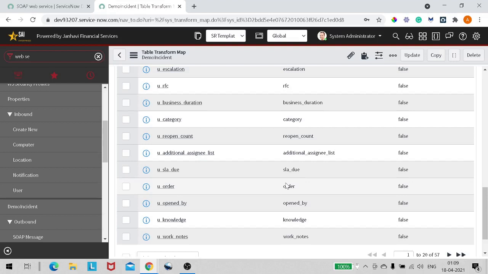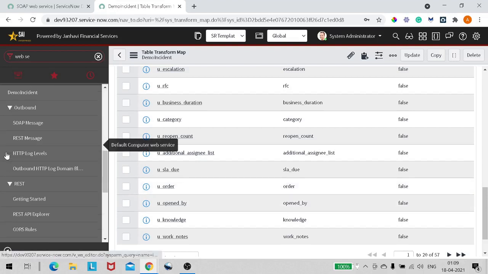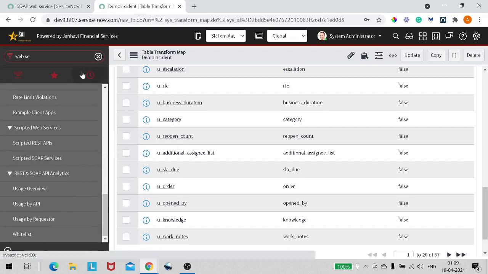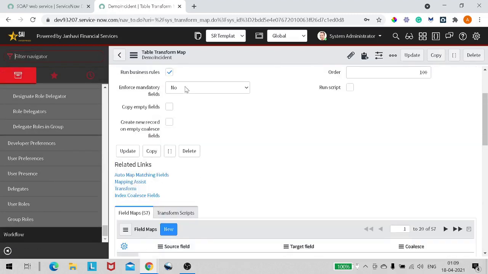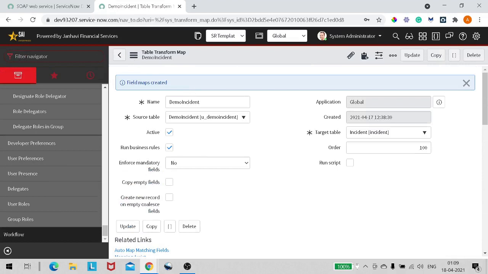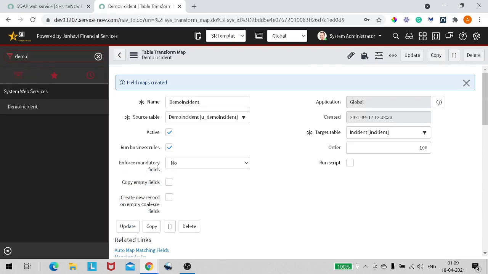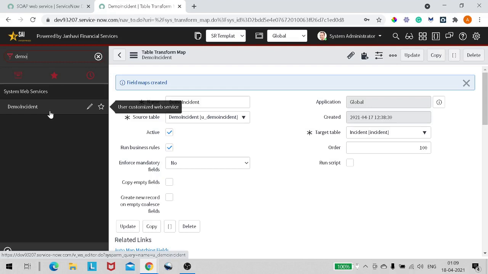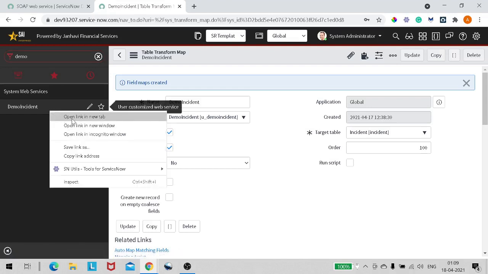So what exactly are we trying to achieve from this? If you go over here, I will show you the name of a demo incident. Now if I type demo incident, you can see a module got generated, and you can see user customized web service because we have customized it. So it's showing user customized web service. If I open it out now,